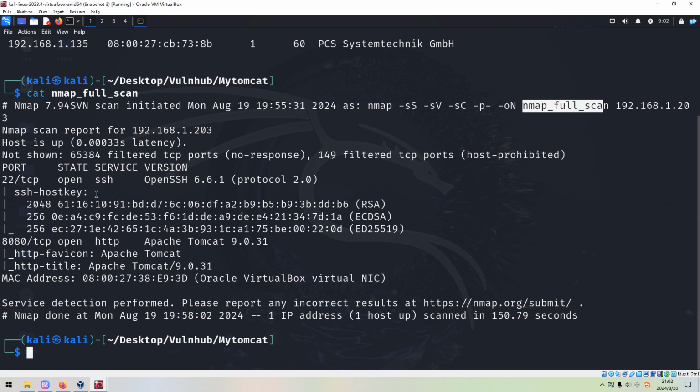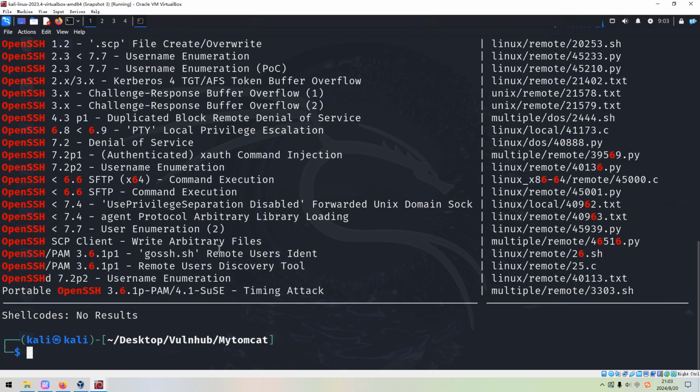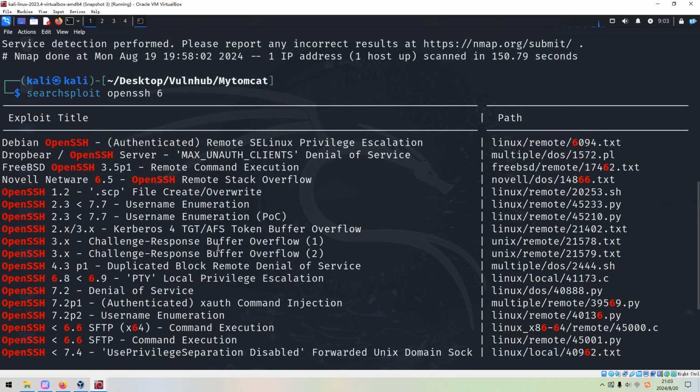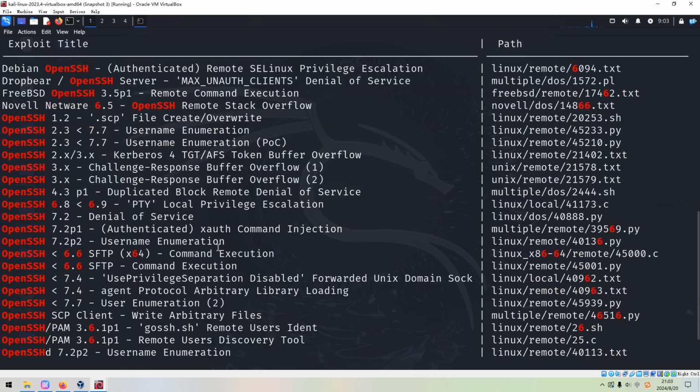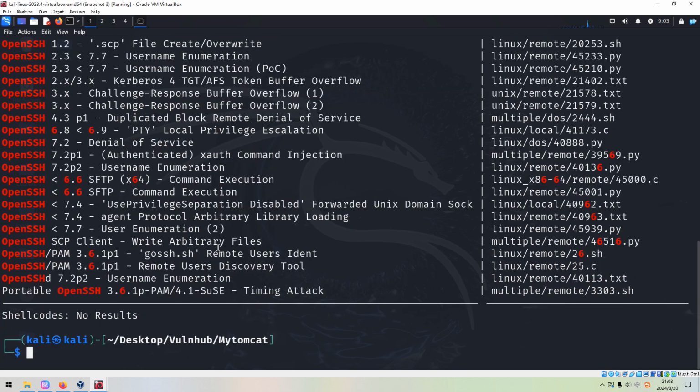So from the Nmap scanning, we can tell that the target has 2 open port numbers. The first one is 22, which is running the SSH service or Secure Shell service, and the version information, including the version number. I think this version is very old, so we can use searchsploit OpenSSH to see whether we can find an exploit for this vulnerability. For this particular service, I don't think we can find such an exploit.